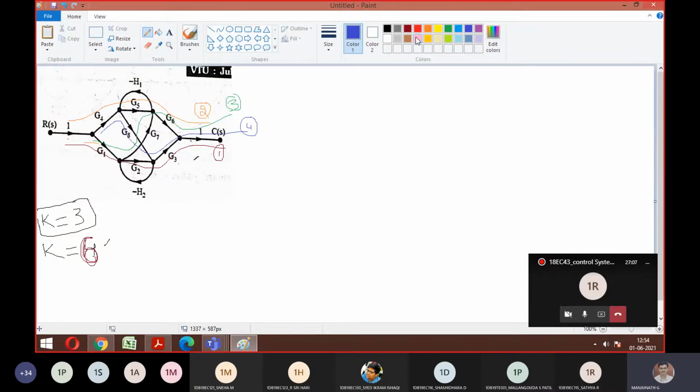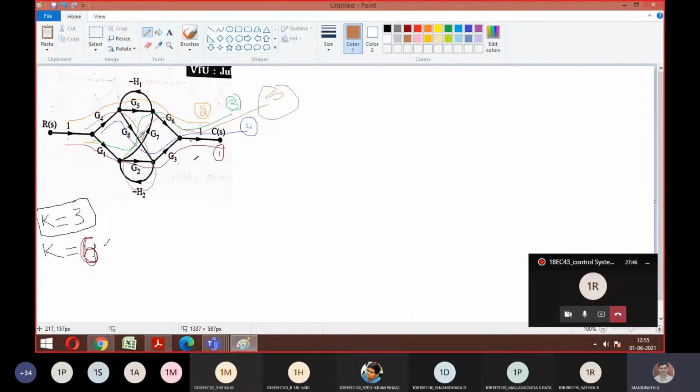So now the extra thing we discussed is this H2 and H1 also. So if we look at that path, trace the path here. You trace the path, for example, G4, G8, I'm coming in this way, then minus H2, then G7, G6. Is it the fifth one? Yes, sir. I'll repeat, G4, G8, you look at the path.